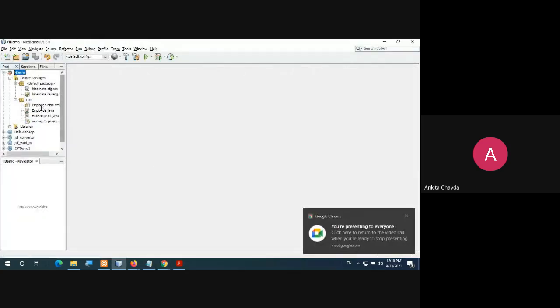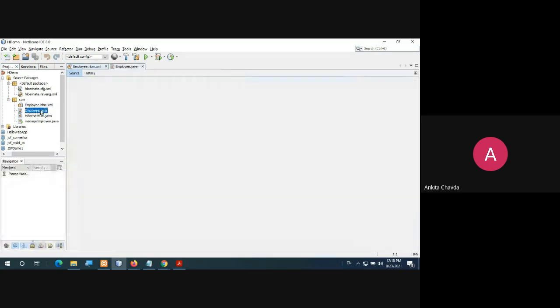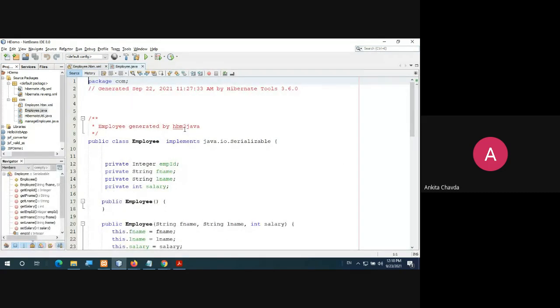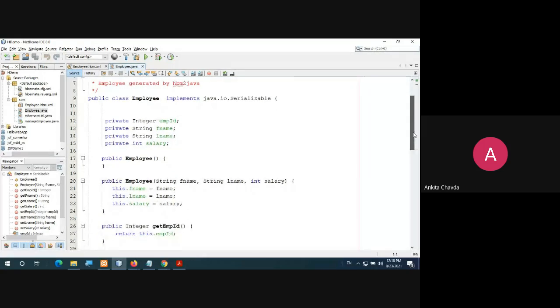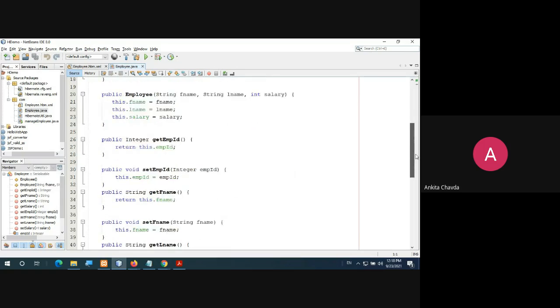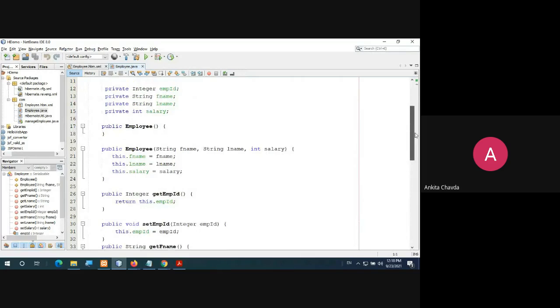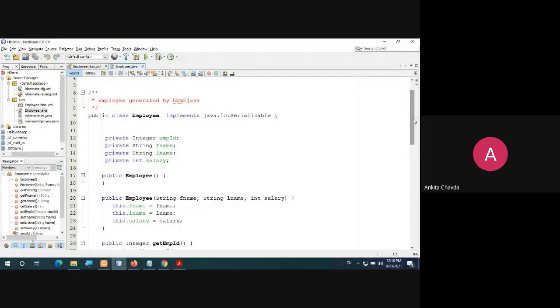Okay, so here you can check, this is what the employee.java and employee.hbm.xml, these two files have been created, which is exactly, yes, employee.java I haven't shown you, right? But it is same. See, employee that implements serializable, that will take automatically. Yeah, you don't have to write this. This is what the automatic created file. Getter setter methods will be there, and everything they will create. We don't have to do anything in this.